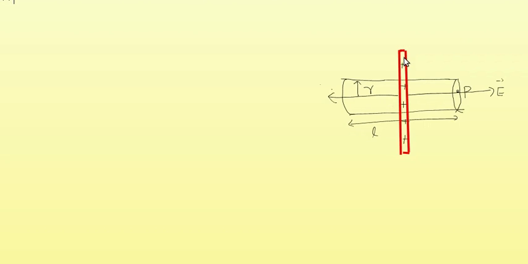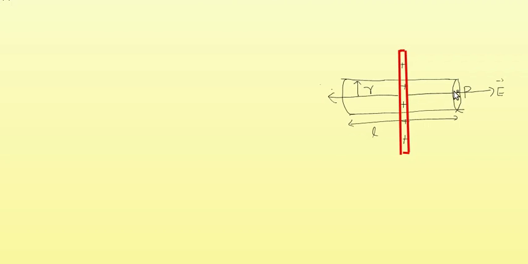So I repeat, for the calculation of electric field, first you have taken a point P from the plane sheet of charge, and because of symmetry you are constructing a Gaussian cylinder, and there will be a part of the cylinder on the other side of the positively charged plane sheet. L is the length of the cylinder, R is the radius of the cylinder, and you can see that electric field lines are passing normal to this conductor, and also normal to the flat surface of the cylinder.